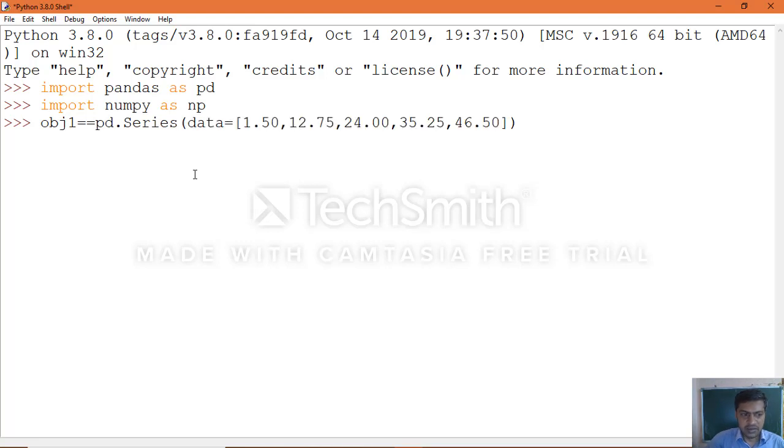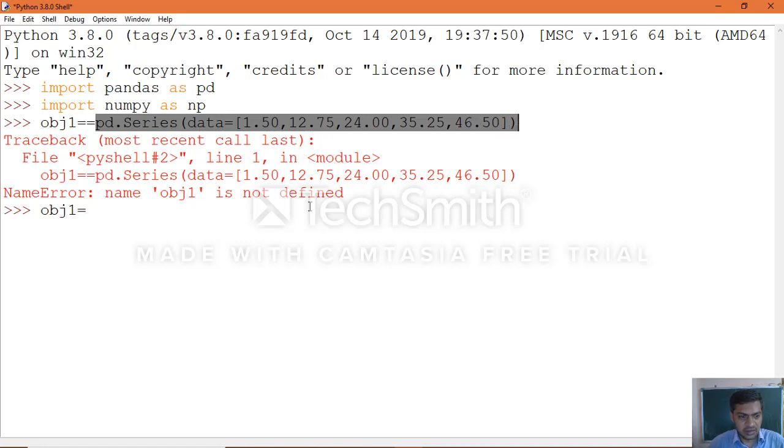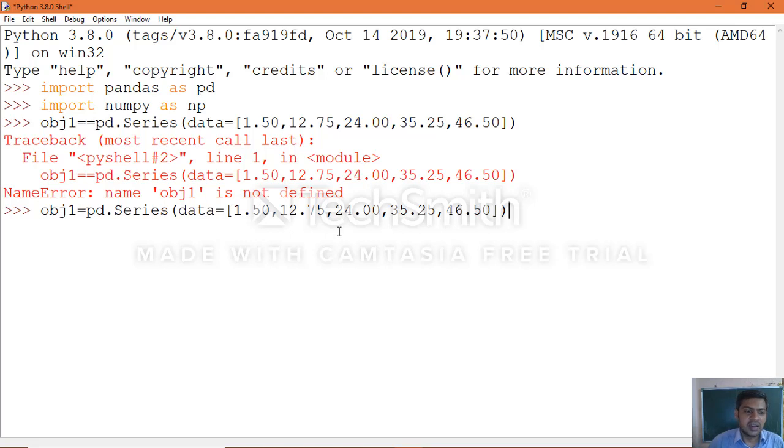Close the object. We made it like an assignment; that's why the double equal to which we put gave an error. Only one equal to, we are not comparing, we are creating an object for series data.